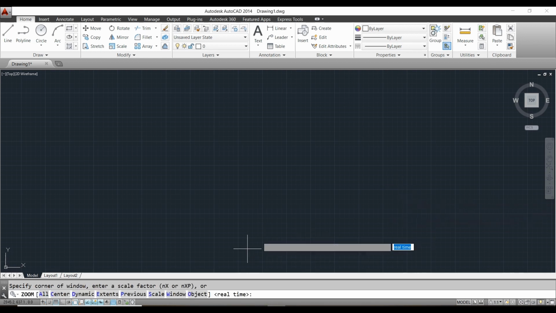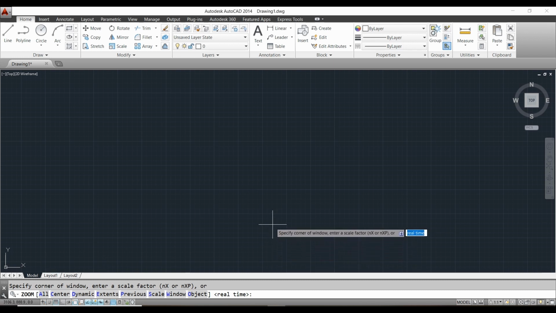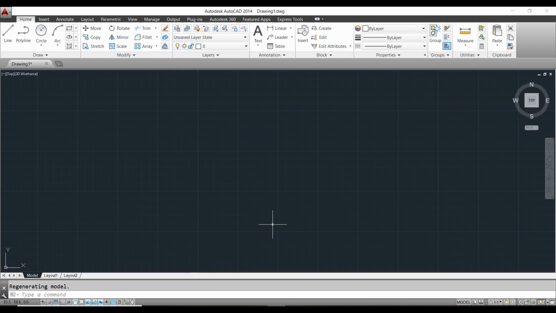In the zoom, you can see in the bottom toolbar there are a number of options: all, center, dynamic, extents, like this. To obtain our correct view, we have to type A and then press enter. Now our AutoCAD window is set to our limits. Now let's start drawing.